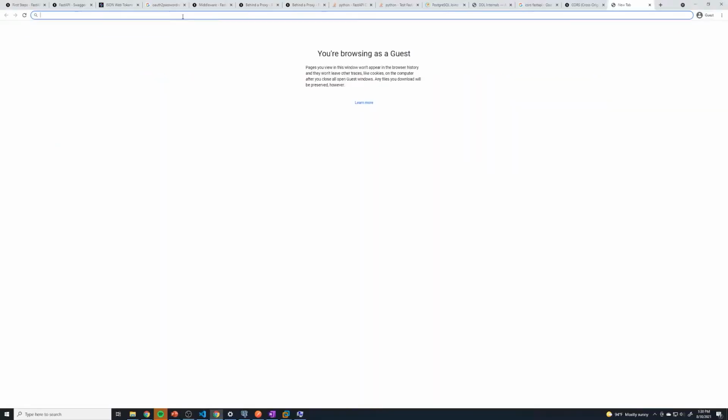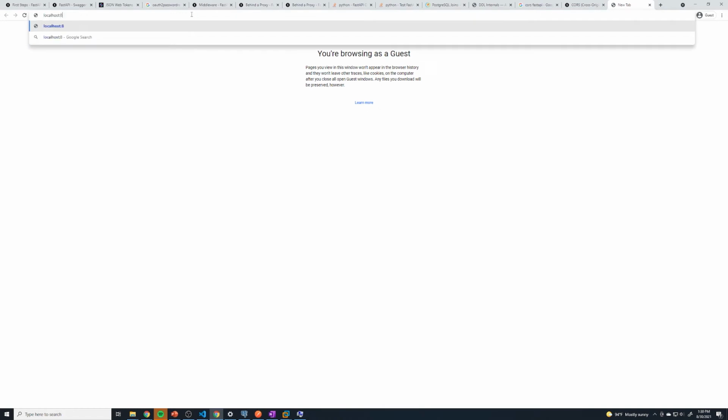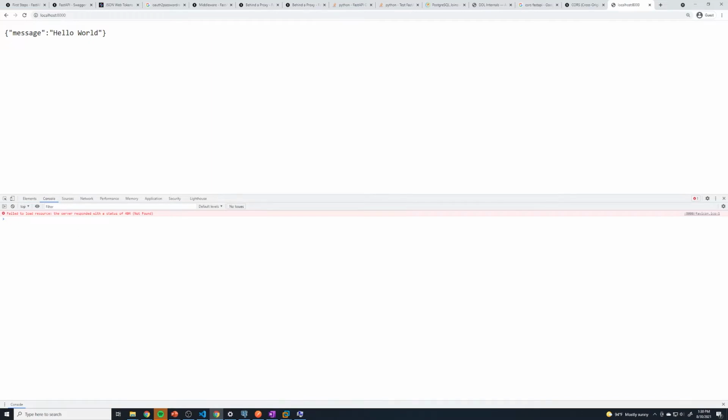And just to prove that to you guys, if we go to our web browser and go to localhost:8000, which is the URL that our application is currently running on, you can see that I get a response back. So our web browser was able to make, and by the way, when I did this, it did the same thing as going into Chrome Developer Tools and actually sending a request. And just in case you don't believe me, I'm just going to show you guys even on here. So if I paste it, you can see that it was able to resolve and we can see the hello